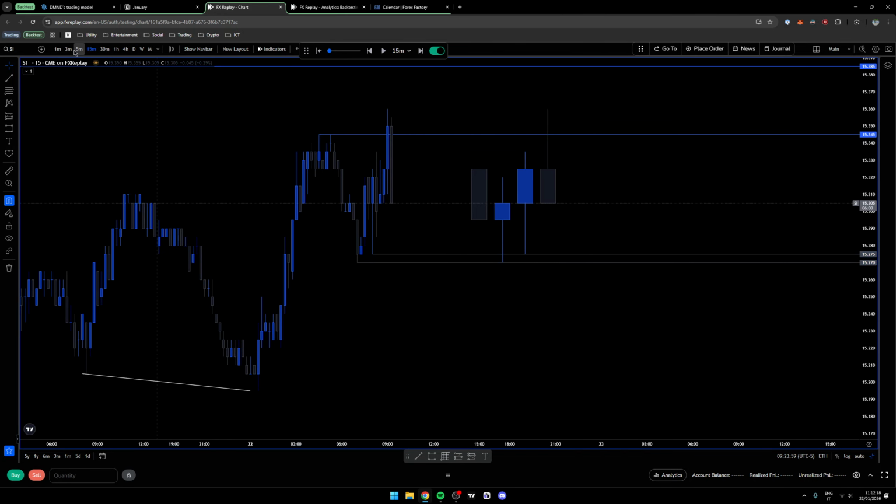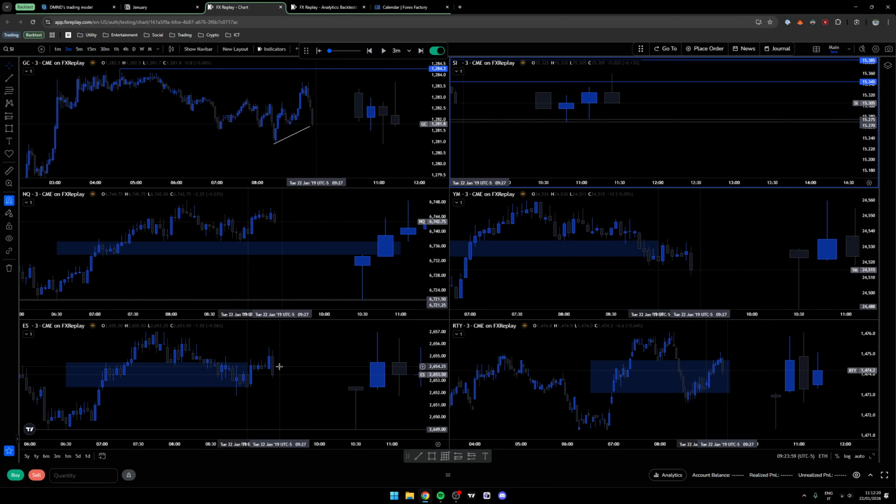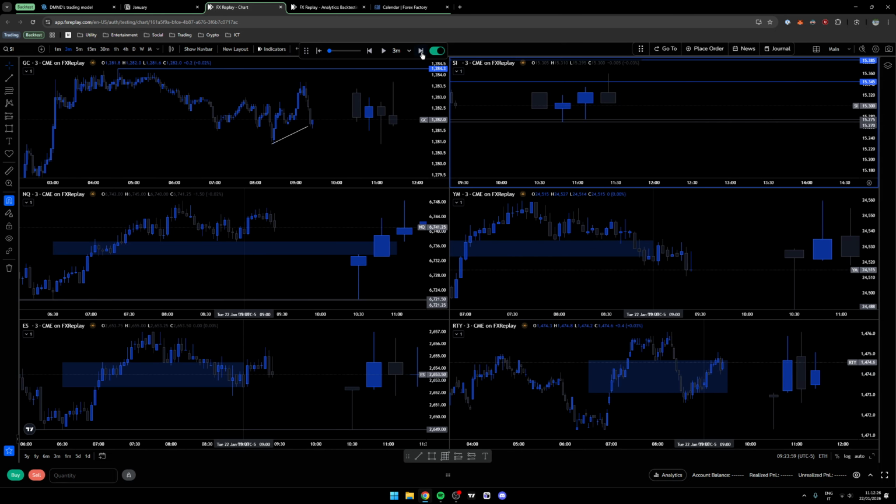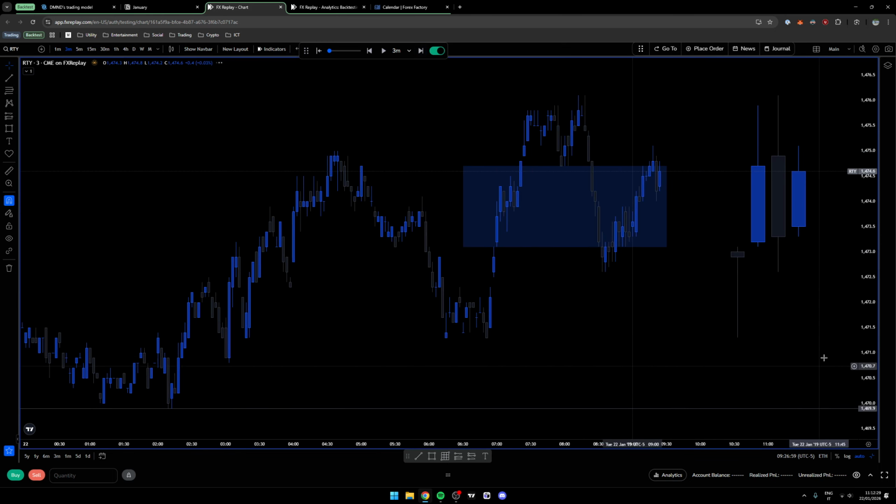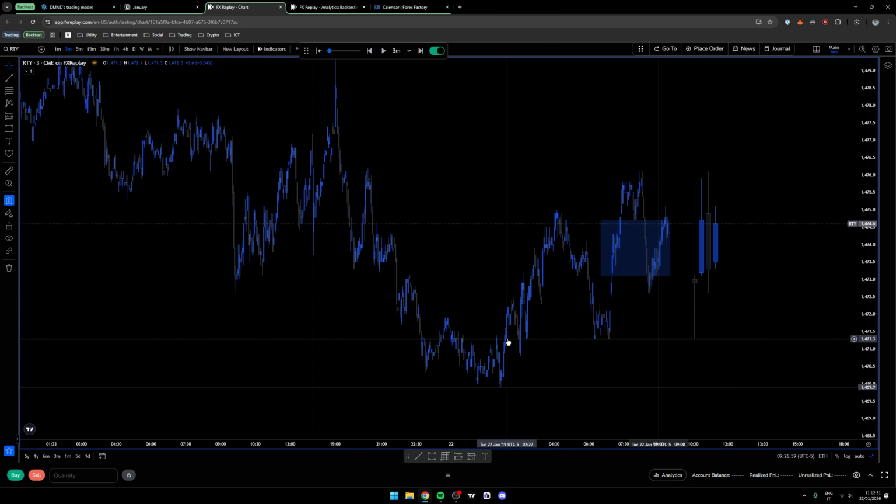Oh, I might as well take all of them at this point. But so what is this? So we hit this. We have SMT. Now if we get this CSD, it doesn't look like it. I mean, R2I currently the strongest, but yeah.